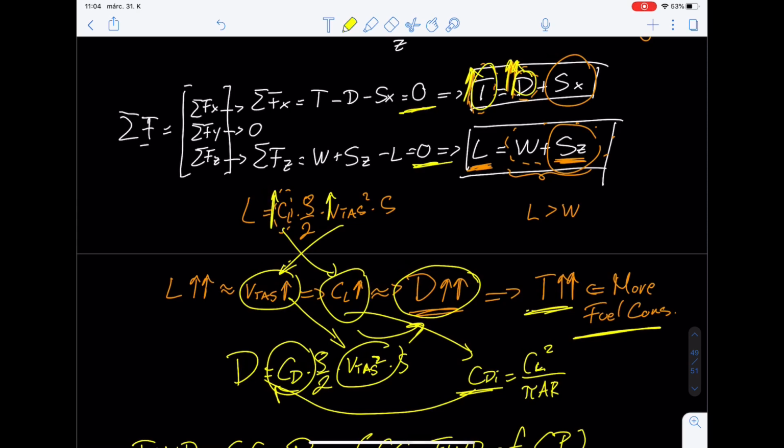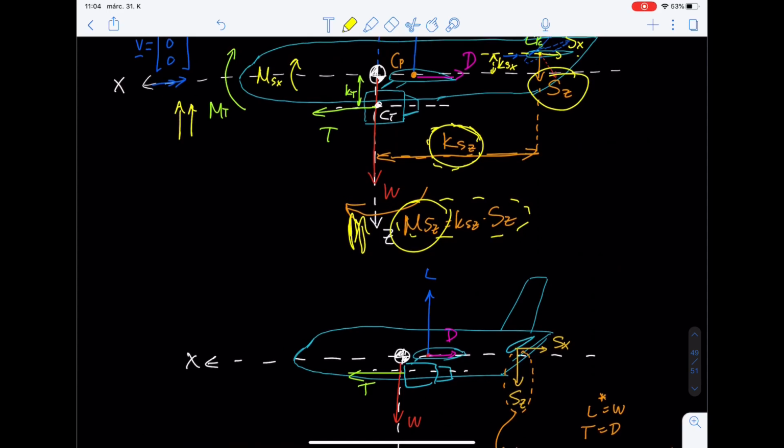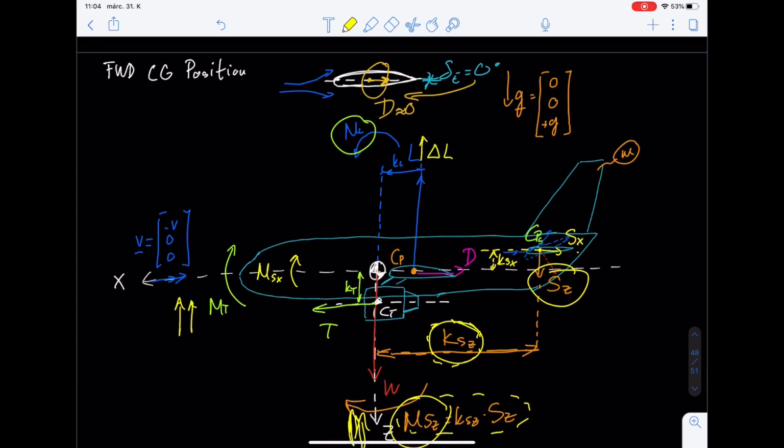It's going to increase the angle of attack. It means that the lift force is going to get larger, and this larger lift force is going to create a larger nose down or pitch down moment. So the disturbance, the updraft, wants to pitch the aircraft up. However, the aircraft wants to pitch down